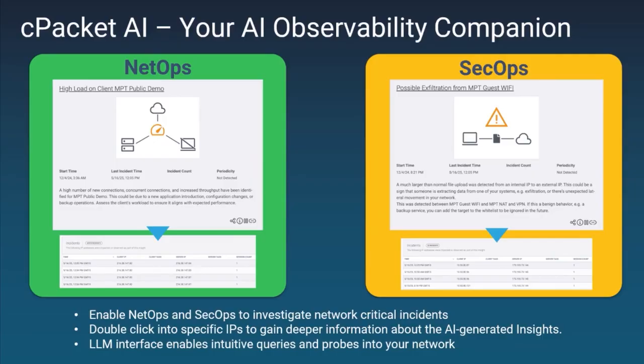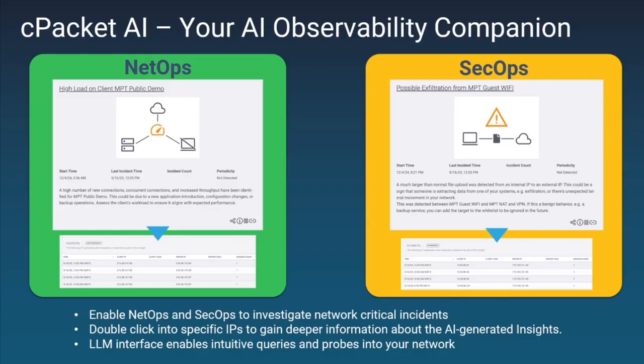Another interesting thing with our product is we have a built-in relevance engine. So you can basically tell the system if you're a NetOps or a SecOps user, and then as you get insights, we have a feedback mechanism so you can say whether or not an incident is actually useful to you or not. And so with all of these AI tools, it's all a matter of trust but verify. And so what our tool enables you to do is actually go look at the incidents, drill down in our Grafana user interface, and you can validate with your own 2 eyes that this incident is actually relevant and happening in your network today. So again, trust but verify is definitely a key theme with AI moving forward.